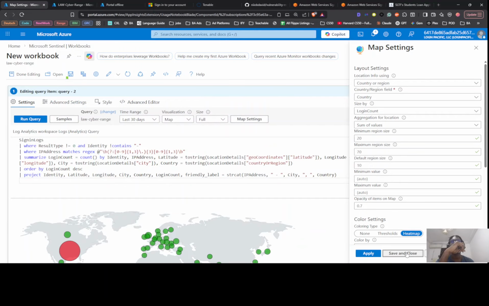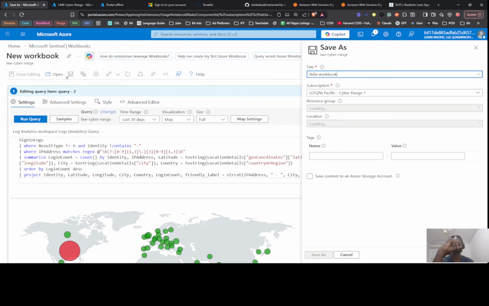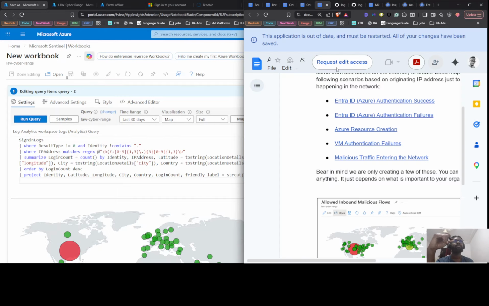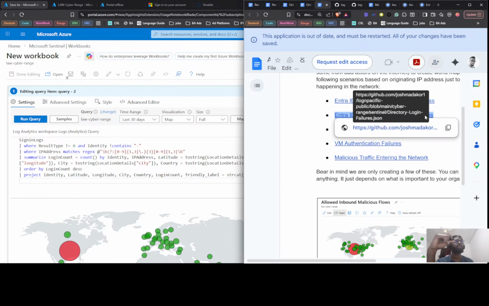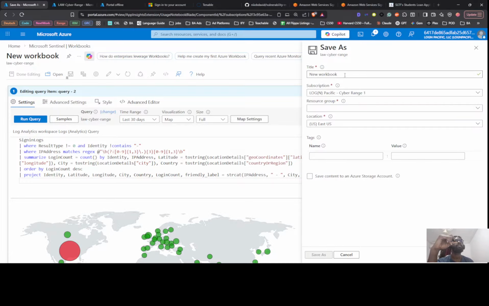So I think I'll save and close, and then I'll save here, and then I'll call this, you have to have a name, authentication failures. No, no, just copy this. Yeah, authentication failures. But we are us, so